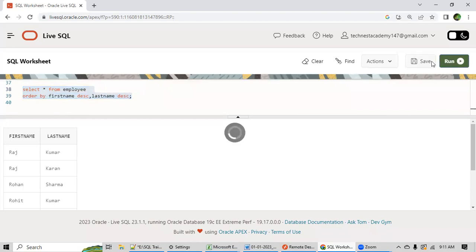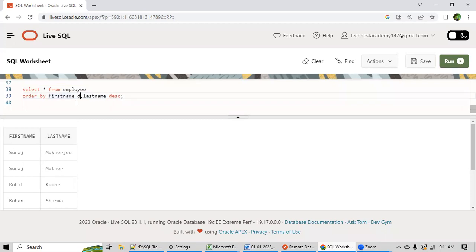Yeah. You are right. Now check the output. Now see, first name is in descending order. S comes first, then Rohit, and all this is changed. So you have to write this for every column. This is a misconception I know many have, that if I'm writing descending, it means this descending is for both the columns. No, this descending is for last name only. First name is working on ascending order pattern.